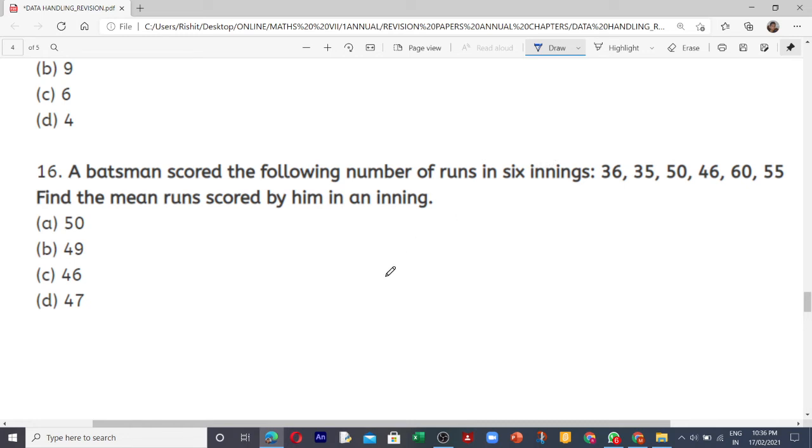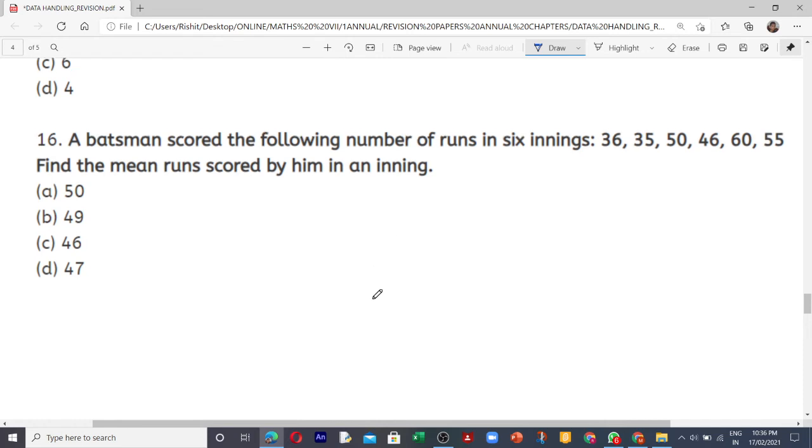For finding the mean, the formula is sum of observations divided by number of observations. So you can use this formula: add all the observations and divide by the number. How many observations are there? 6. So you divide the addition of all numbers by 6. It will give you the mean. Okay. So now